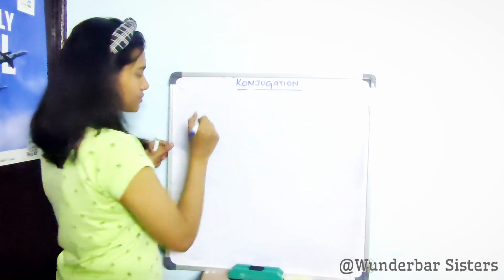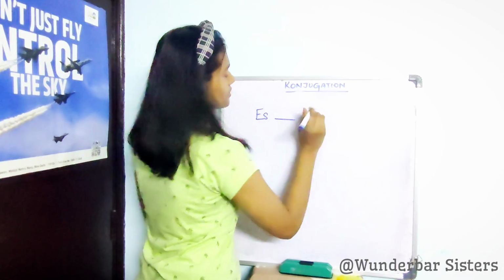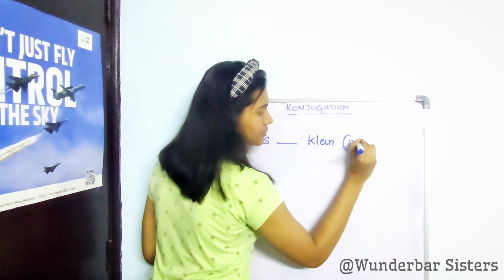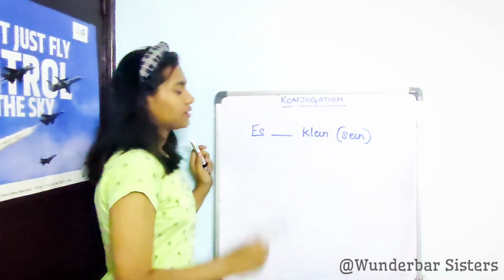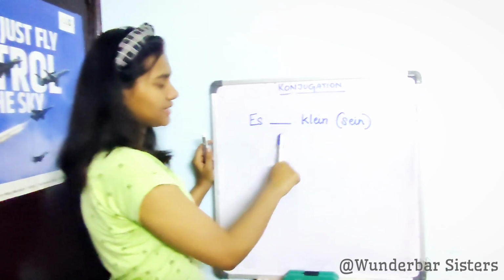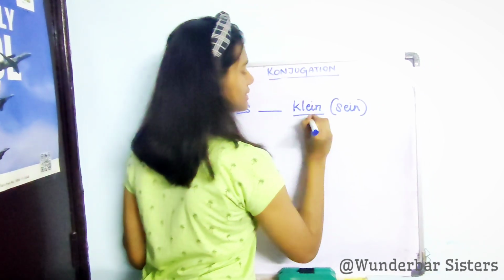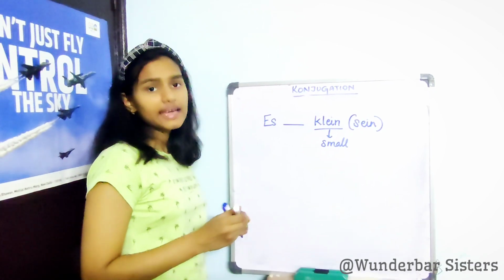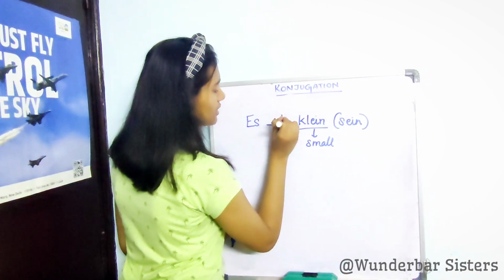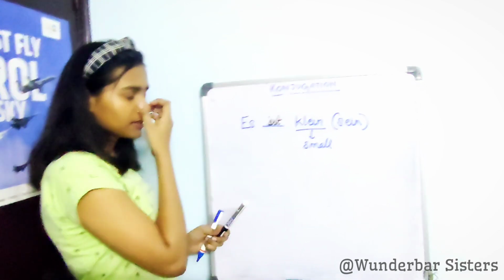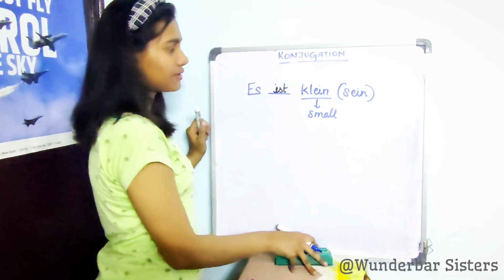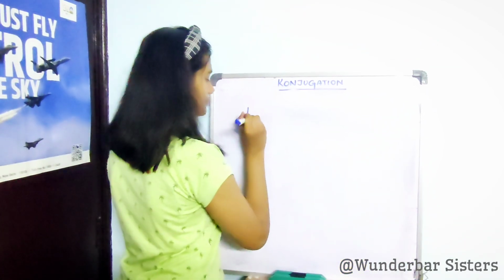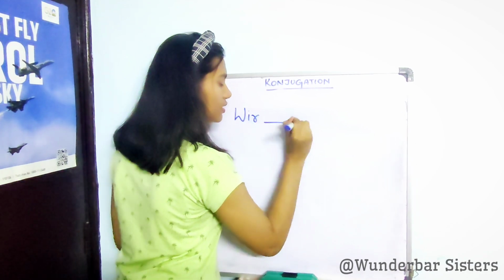And for Es, because it, so dash klein. I've used the verb sein. Now "Es ist klein": klein is an adjective which means small. So obviously it would be it is small, so ist. Es ist klein. Now the second person example is done. Now let's move on to our third person. So let's take it as wir. Wir dash